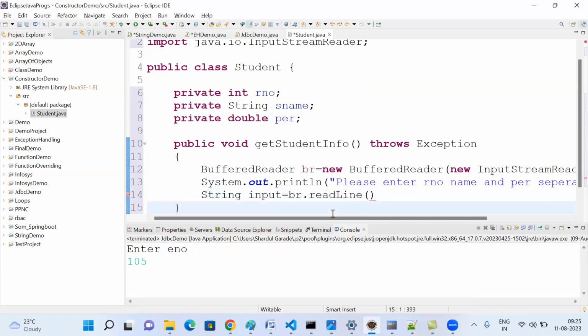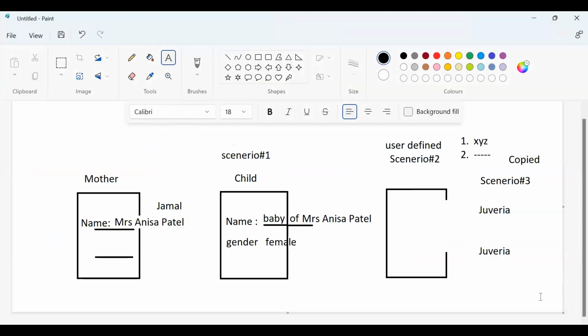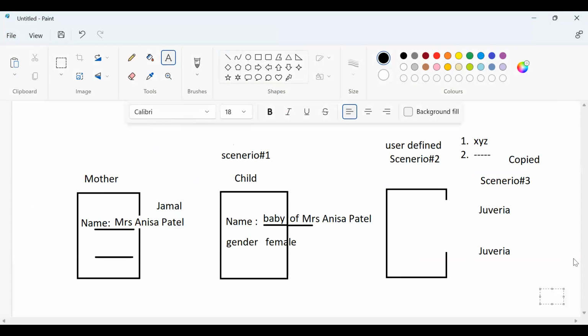Once you got the read line, your entire input has come in one single string, correct? The input is looking something like this: